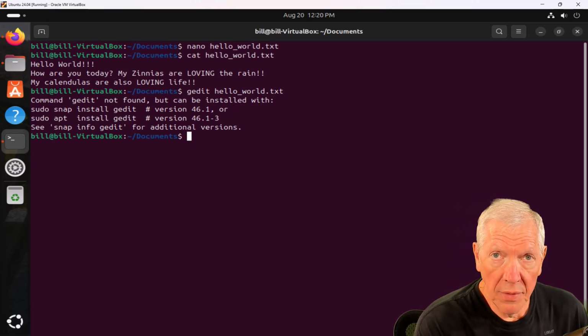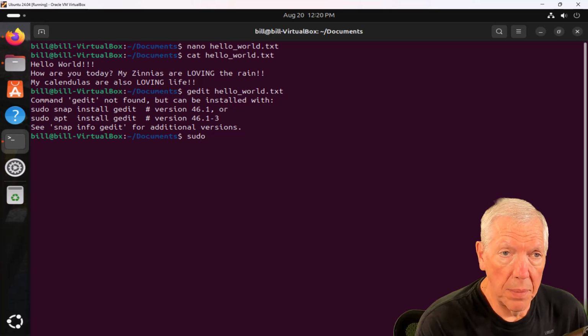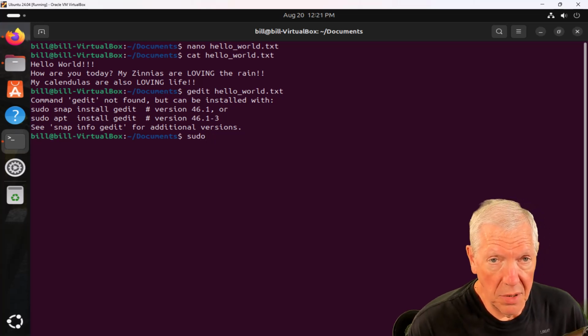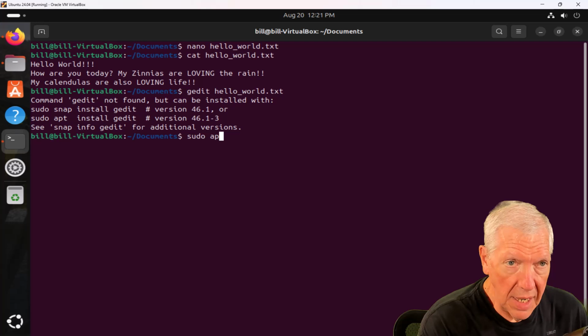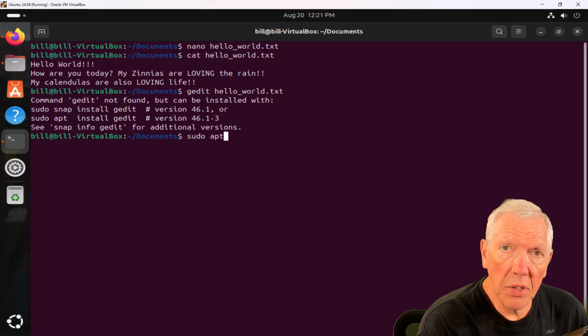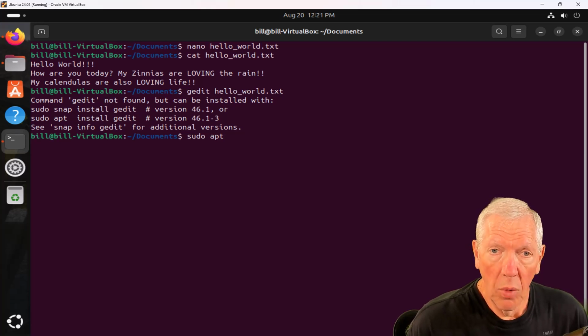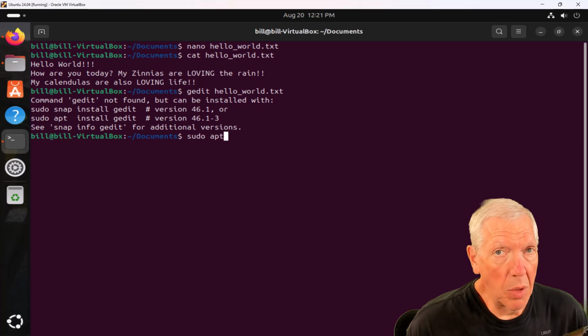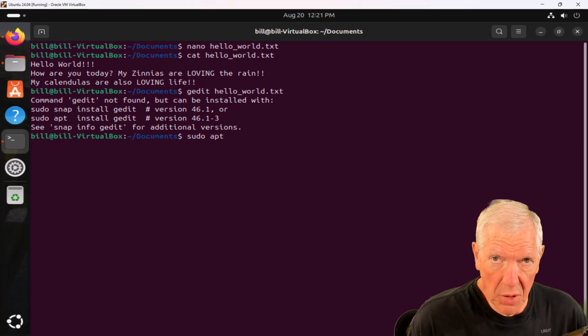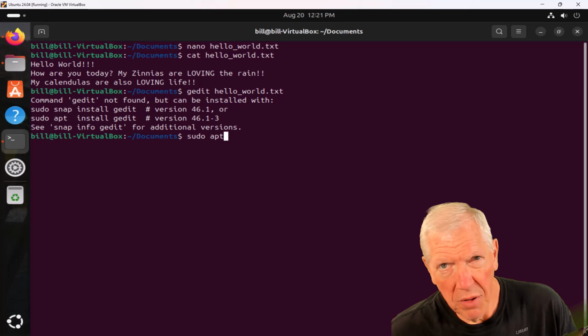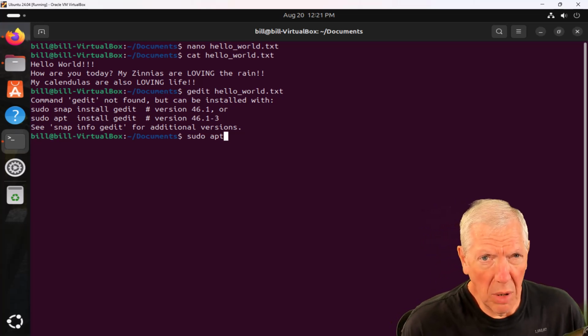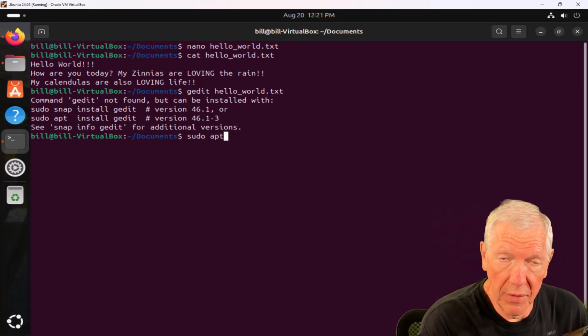So you have to invoke sudo to do this. What you do is you type in sudo. It gives you the instructions right there, and you'll say apt. Now, you used to have to say apt-get. You don't need to do that anymore. Distros of Ubuntu, even 4 or 5 years ago, were starting to get rid of the apt-get stuff, so you really don't need that anymore. If you see instructions with that, try it without the apt-get to see if it will actually work for you. It likely will if you have a newer version.